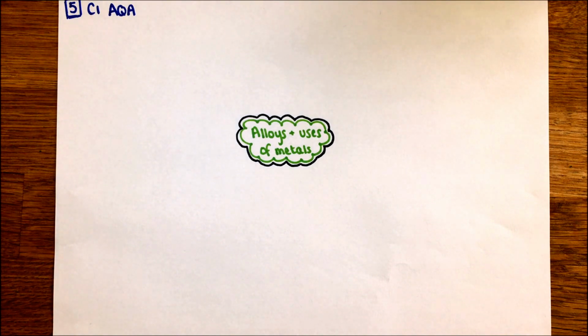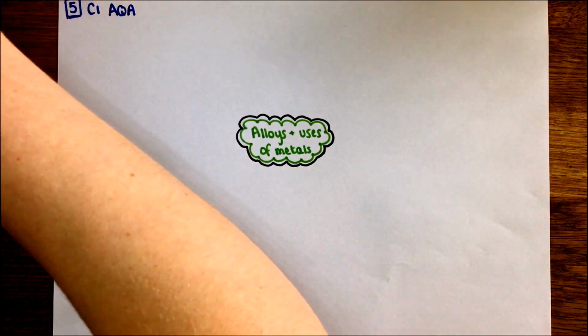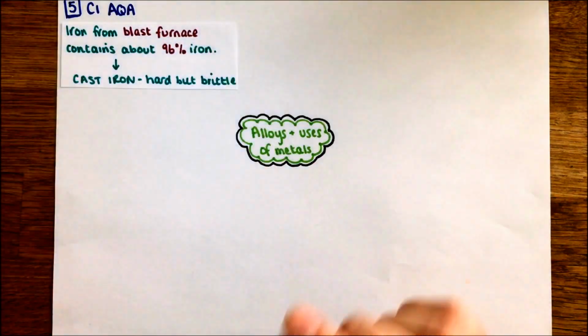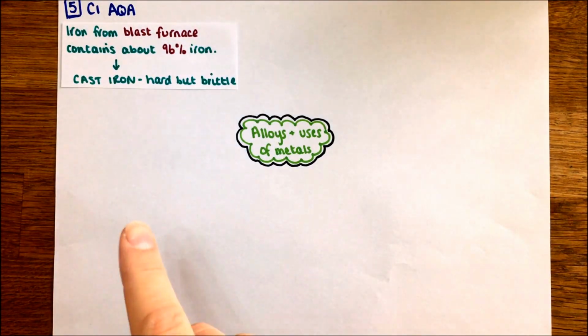So they might say which alloy is best and why. And you're going to have to look at the information in the table to figure out which metal you would choose for the purpose they have given you and explain it. Okay, but if we go through some facts, it gives you some background as to which alloys you want to choose and why. So start off in the specification, it does reference the iron from the blast furnace, and